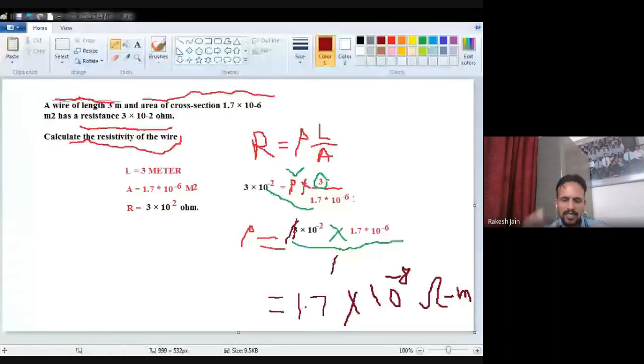There was a little bit of interruption of 2 or 3 minutes due to the lights cutting off. Otherwise, we continuously did the 3 numericals, and whatever I taught you in basic theory about Ohm's law and resistivity, we applied in those numericals, and in the laboratory we will see them practically also. So I think you understand. Now if you have any query, you are free to ask me.